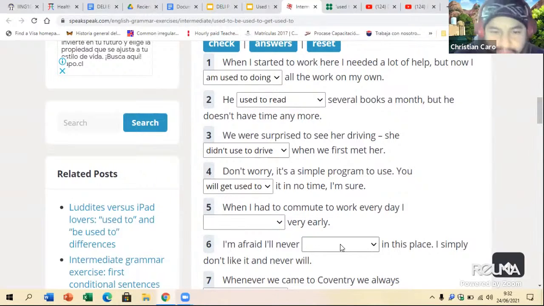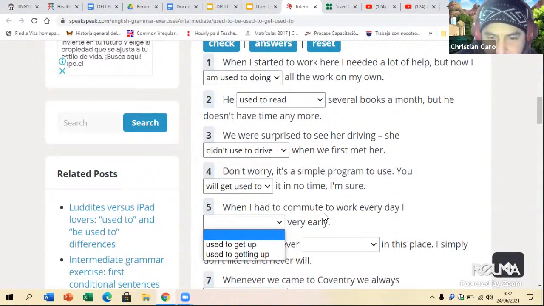Ya, con esta terminamos. Number 5, and we finish. When I had to commute to work. Qué buen verbo commute. Me gusta porque no existe en español. Commute es de la casa para la pega, de la pega a la U, de la U para la casa. Eso es commute. When I had to commute to work every day, I